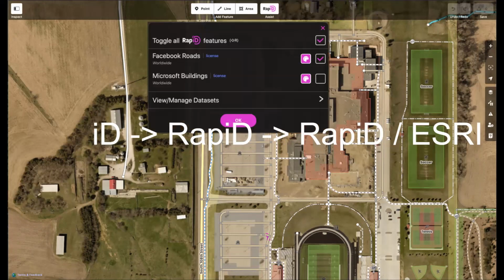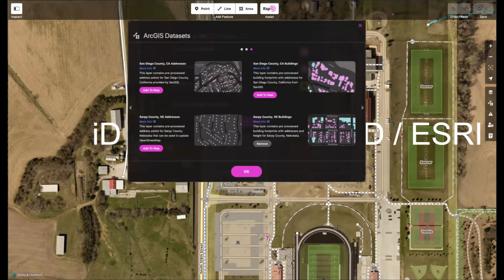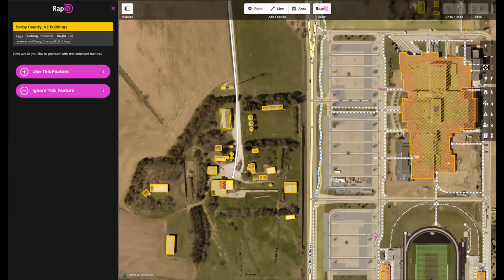So the user can click through the new Rapid interface to view and manage these different data sets. And once they've selected the data set, they can hit OK. And then we'll actually go out and fetch this information from Esri. Now, this is human surveyed data from a local municipality, and you can tell that that building on the right has really, really good footprint. It's much more involved and detailed than something that our AI might be able to trace, which would look something more like just a simple rectangle or a couple of rectangles mashed together. Next slide.